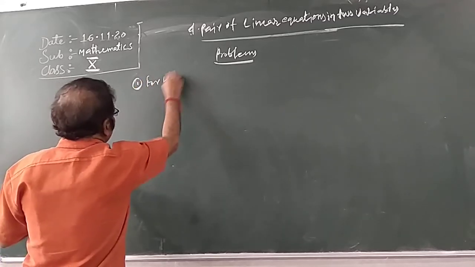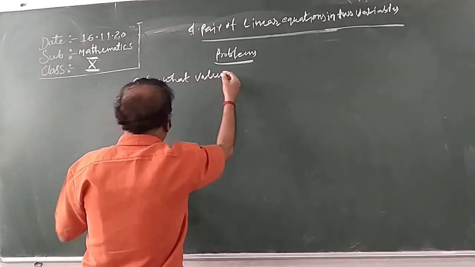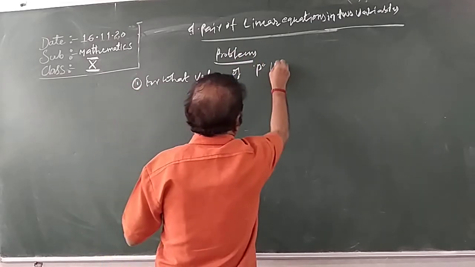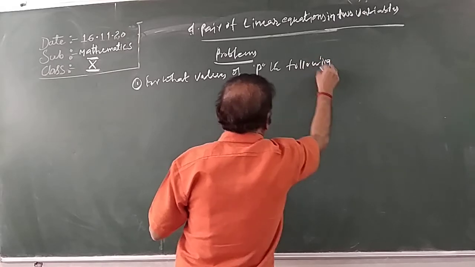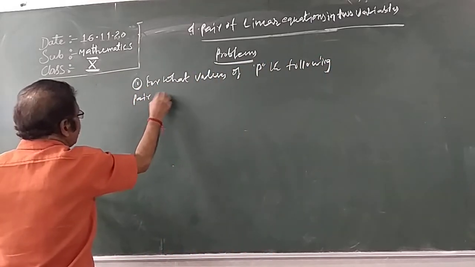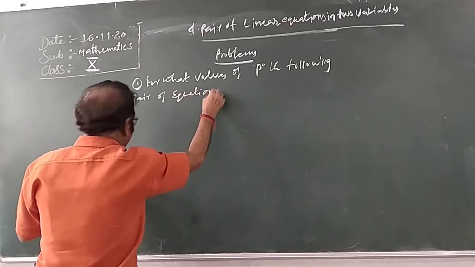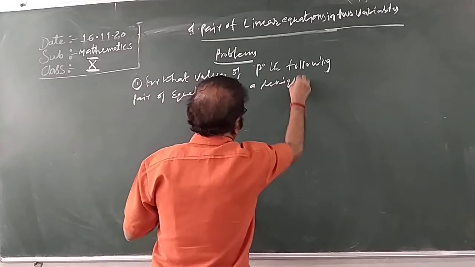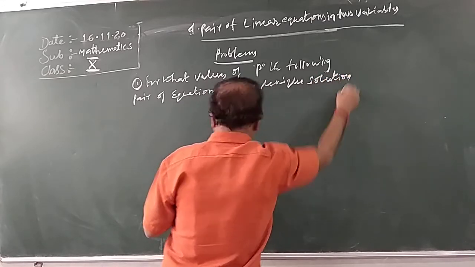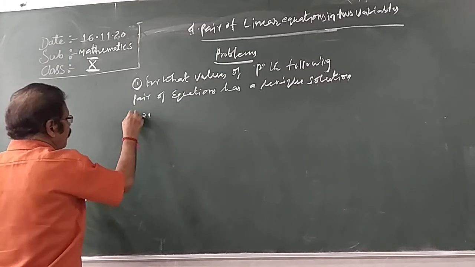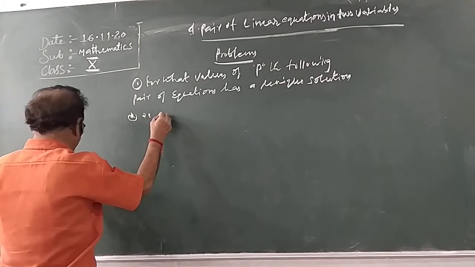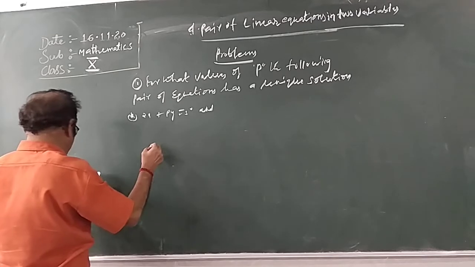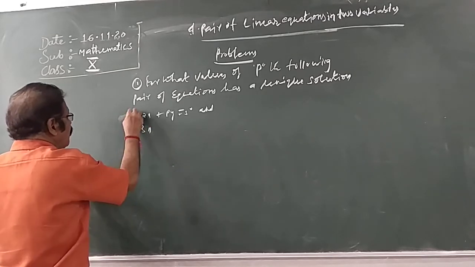For what values of p does the following pair of equations have a unique solution? 2x plus py equals 5 and 3x